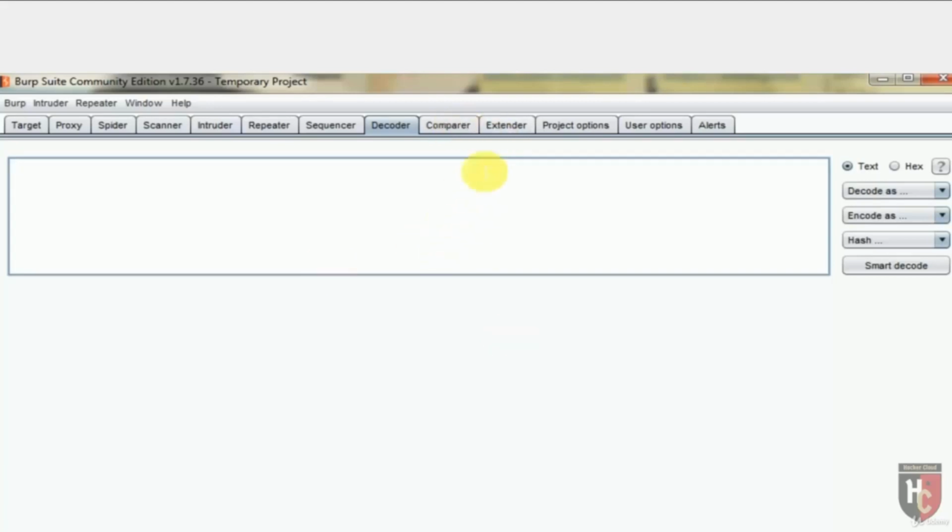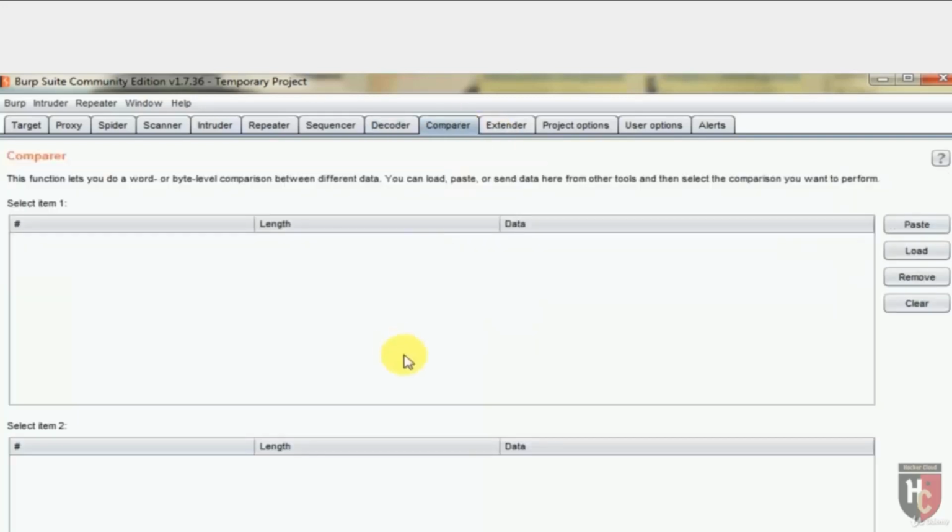You can send that request to the decoder and there you can perform some crypto stuff so that you can identify what kind of string that is. Lastly, there are tabs like comparer, in which we can compare two responses and so on.